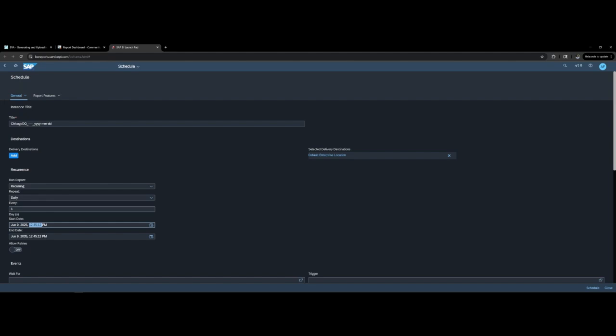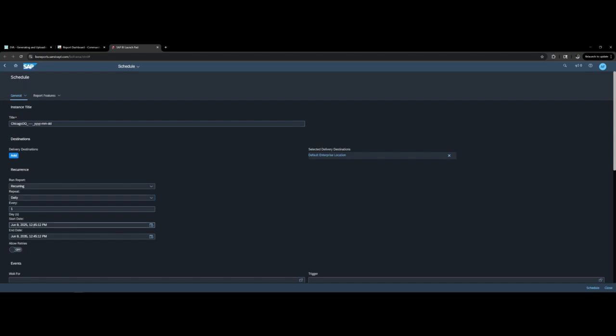So if you want your report to run, my recommendation is to do that first thing in the morning. So if you want it to run at 9 in the morning, you'll have to set it at 9. One thing to also be mindful of is that if you're setting this and you're intending to get a copy of the report today, you want to make sure that you set this time and give yourself enough time to complete the process before